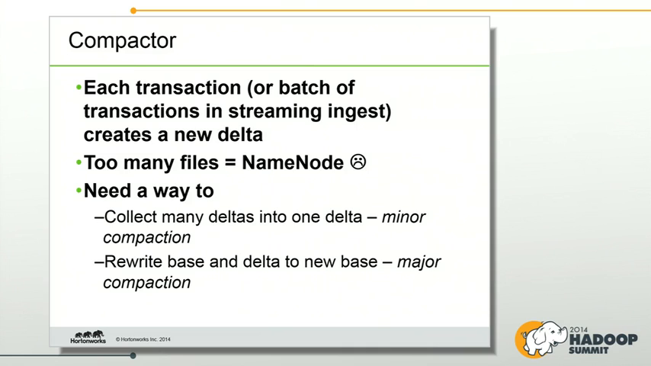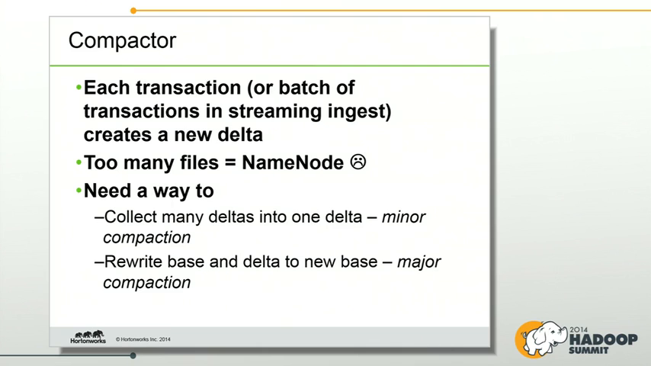So we need a way to compact this. And there's a couple kinds of compactions. One is to just collect multiple deltas into a single delta file, or single delta directory with a set of buckets. We call that a minor compaction. And then there's also a point where you need to go through and rewrite the base and delta into a wholly new base. And the question is, why do you need to do that if